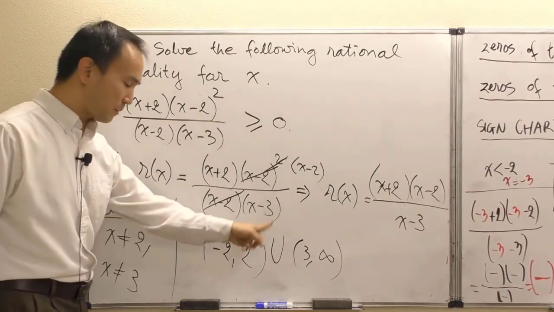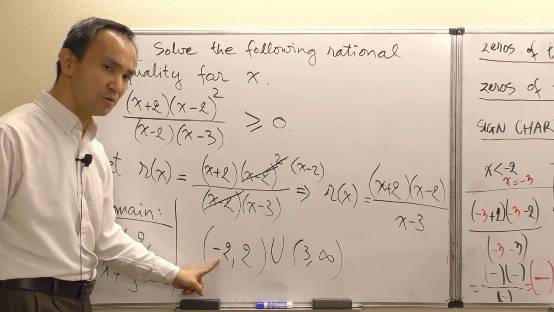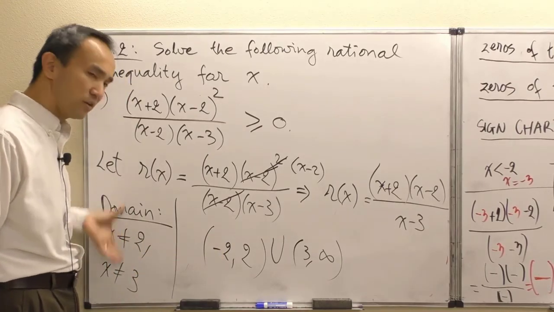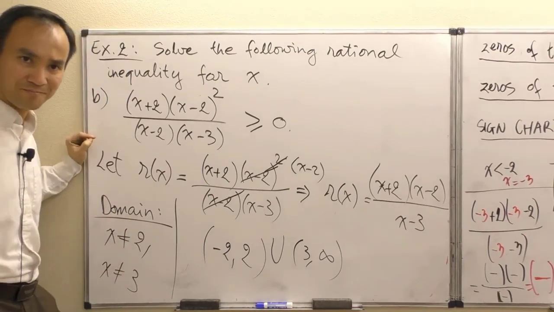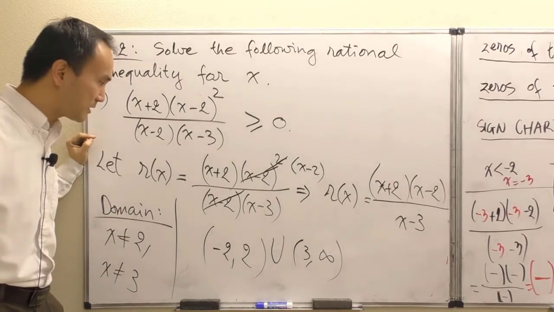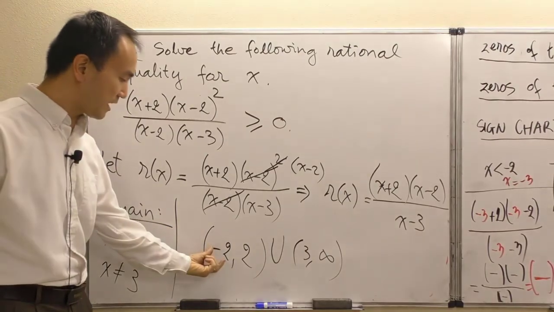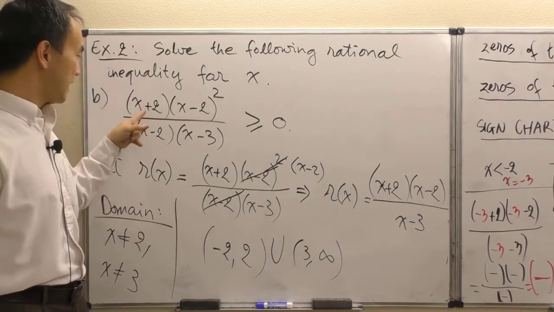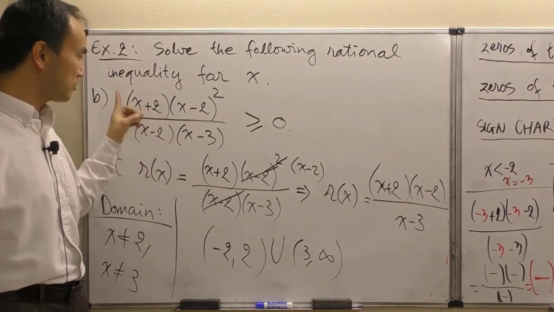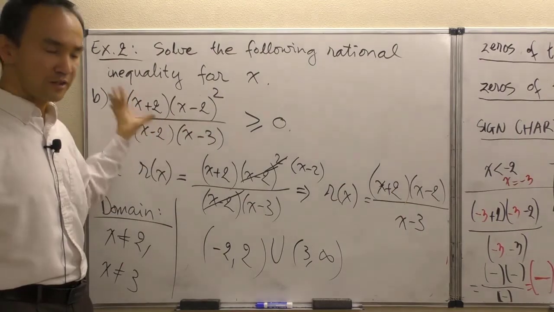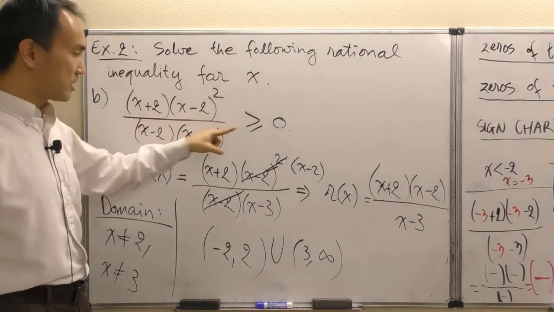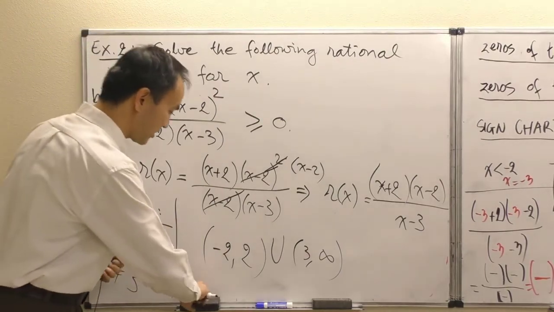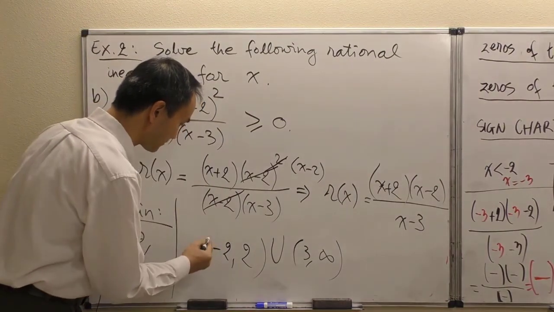Let's go one by one. -2, can this be included? Why not? Because it does not violate the domain requirements. It does not violate any of the domain requirements at all. As a matter of fact, substituting x equals -2 into the function originally, we had x plus 2, so -2 plus 2 making it 0. These are all non-zero, so the whole function turns out equal to 0, simply because x equals -2. So now I can change that. Now I will change this to